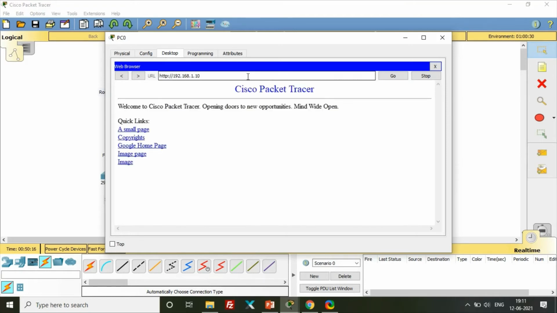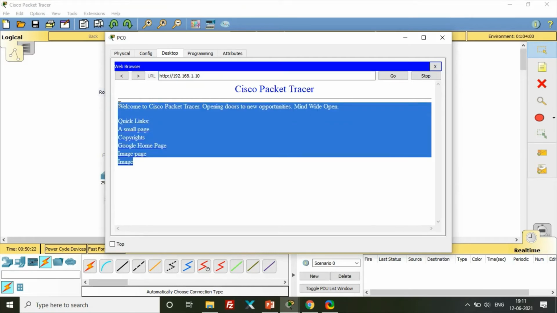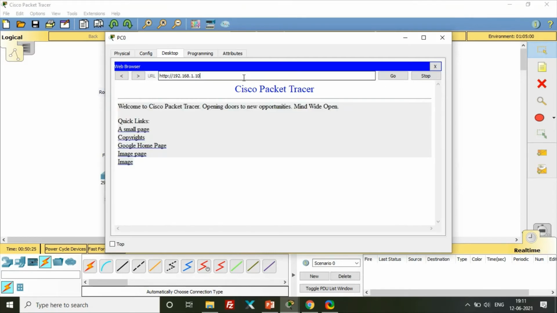You can see the web page is visible now. But here you are putting an IP address. Suppose I don't want to put an IP address, I want to use a specific name, such as google.com or facebook.com, any website name of your choice.